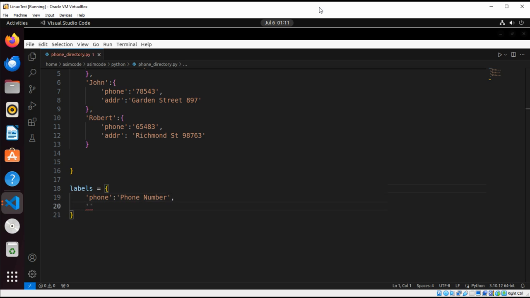So we are going to print, instead of short names, we're going to print these values, address,